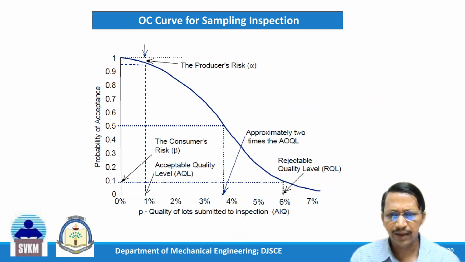Again, a second diagram just to explain this thing. You can see that this is 1 minus alpha. This region is the type 1 error, also called the producer's risk. This is IQL, indifferent quality level, and this is RQL, or rejectable quality level. This is also called lot tolerance percent defective, or LTPD.